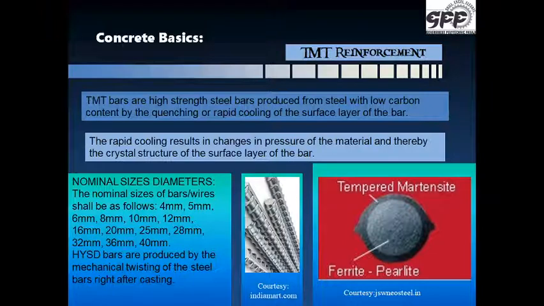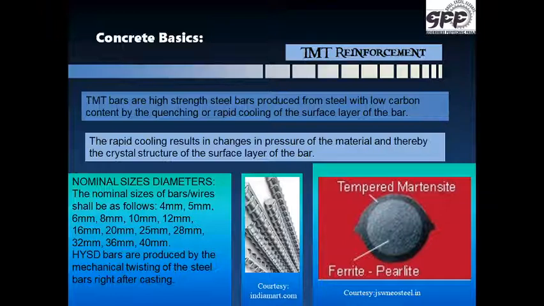Bainite is a mixture of iron and iron carbide produced when austenite is transformed at very high temperatures, 125 to 550 degrees centigrade, and it has a tough but ductile ferrite and pearlite core. This makes TMT bars highly durable. The TMT bars are better at withstanding torsional stress, making them more corrosion resistant compared to lower grade bars.